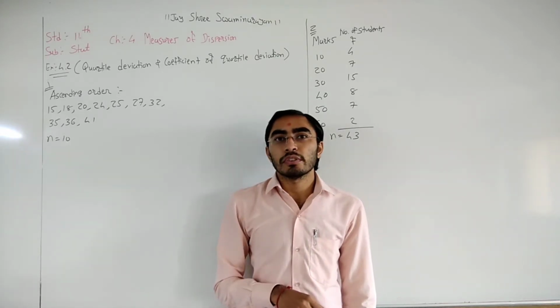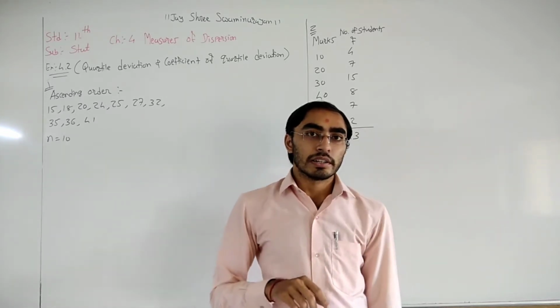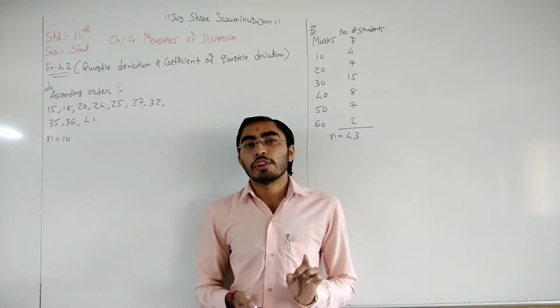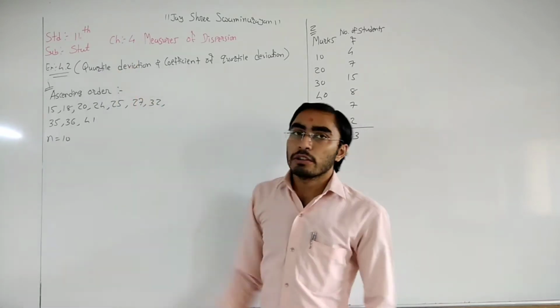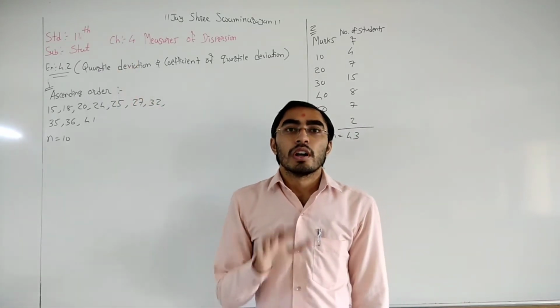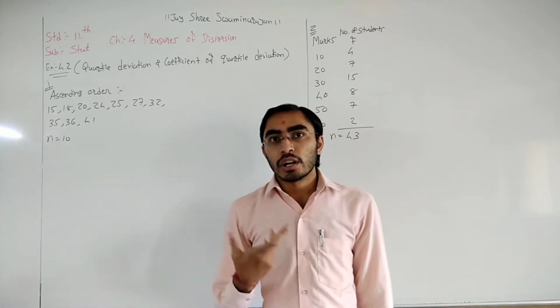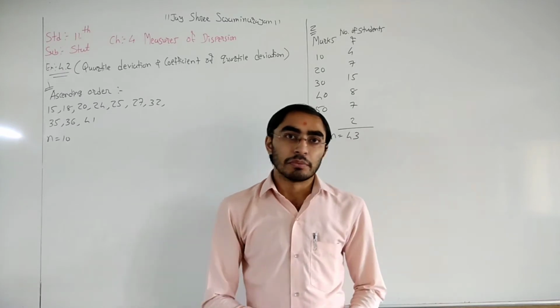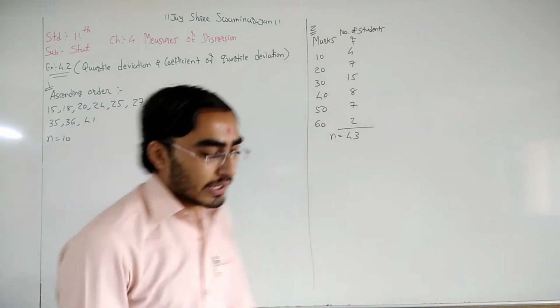Now, Q3 that means our third quartile, right? And Q1 that means our first quartile. So first of all we need to find the Q1 and Q3. After that we can find the quartile deviation and coefficient of quartile deviation. And how to find the Q3 and Q1, third quartile and first quartile, that we already learned in our chapter number 3. Okay, so just be ready, open your mind, let's start it.